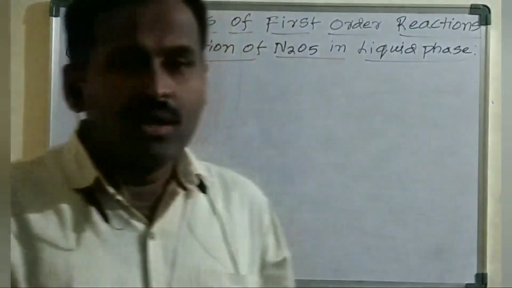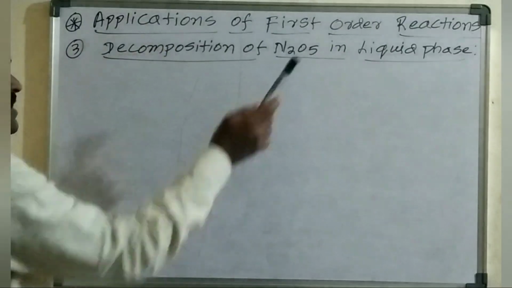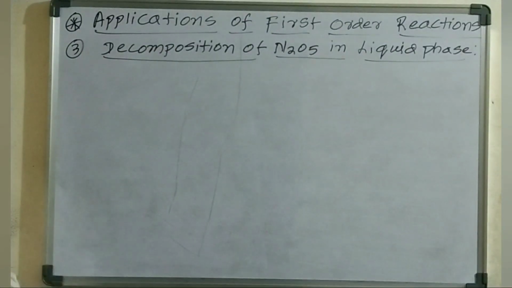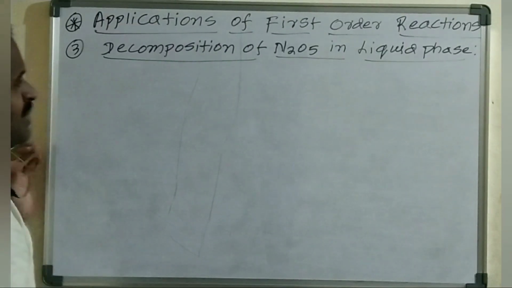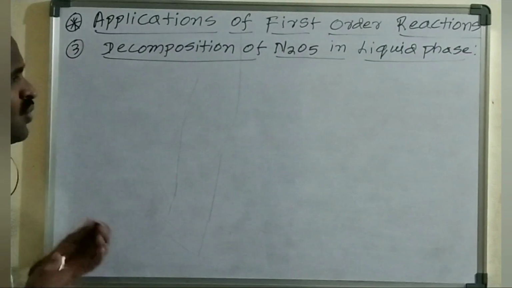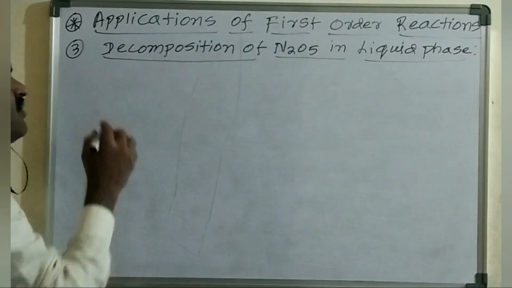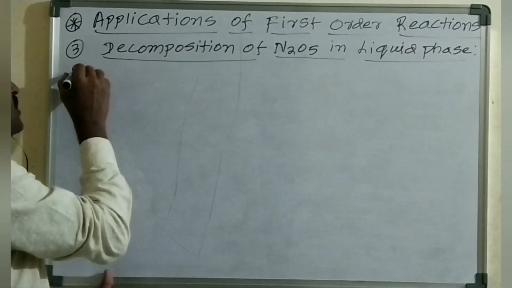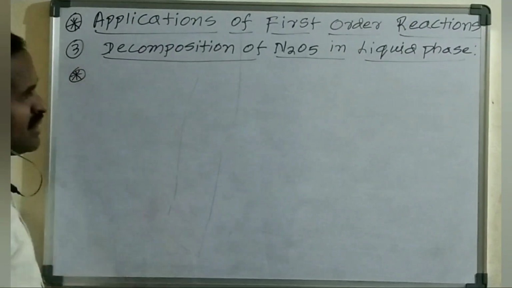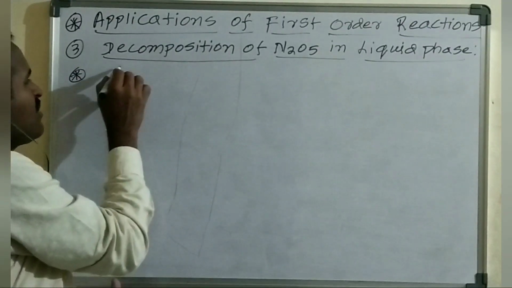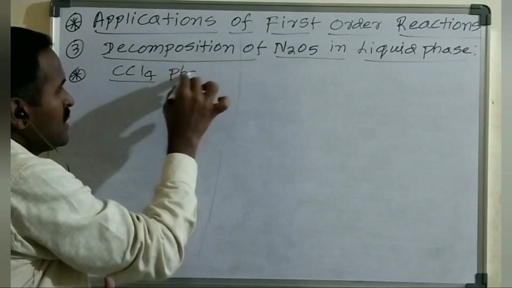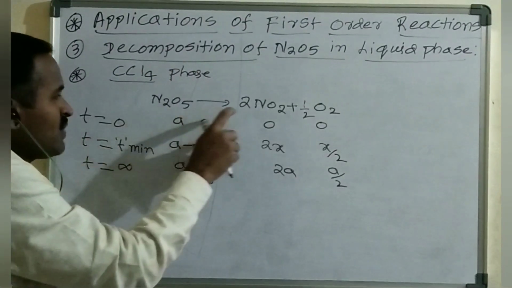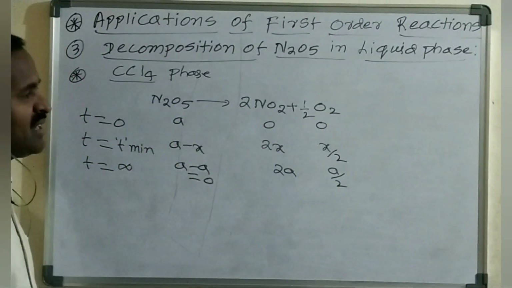In this video, I am going to discuss applications of first order reaction, and the third one is decomposition of N2O5 in liquid phase, in particular the CCl4 carbon tetrachloride phase. So in the decomposition of N2O5 in carbon tetrachloride CCl4 phase, N2O5 will be decomposed to 2 moles of NO2 plus half mole